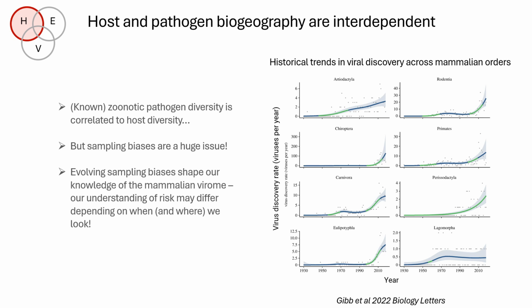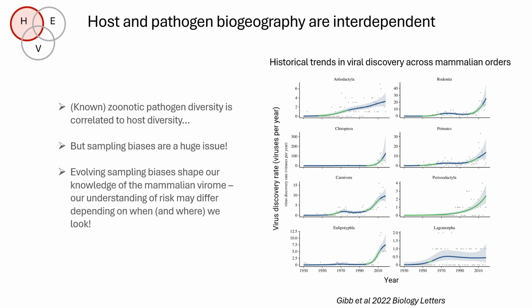And the more we look, the more it becomes difficult to disentangle the degree to which these global patterns of parasite diversity are shaped by true patterns of pathogen diversity, or are in fact predominantly artifacts of surveillance effort, so discovery effort. This graph here is from a paper that I led a few years ago, where we looked at historical trends in viral discovery rates across various mammalian orders from the 1930s to the present day, and showed that actually